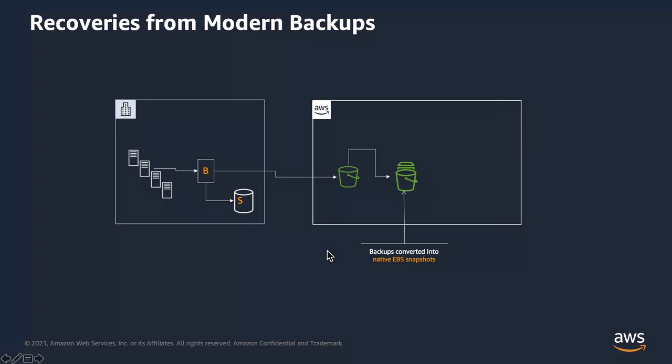The benefit of this approach is that when you try to do recoveries, you don't have to rehydrate the data like the previous slide. Here, the backups are also being stored as EBS snapshots as an option. And then when you do the recoveries, you're just mounting from these EBS snapshots, and the EC2 instances come up almost within minutes. And in the background, the data will be restored from these EBS snapshots back to the EBS volumes here. So the data is almost instantly accessible.